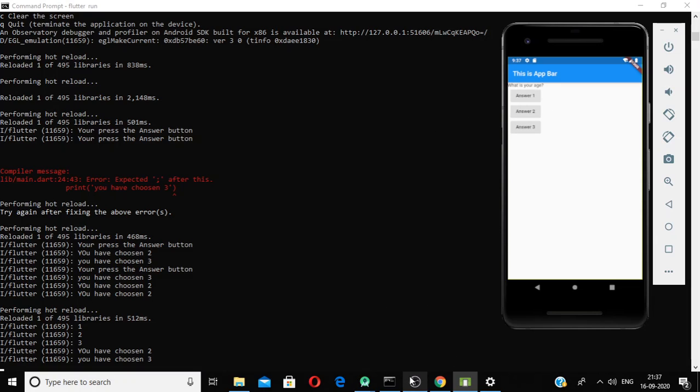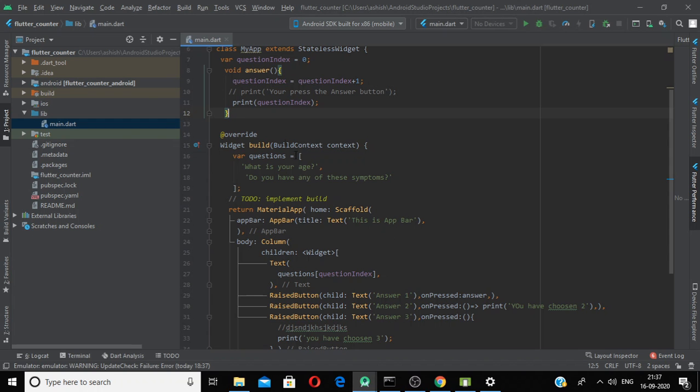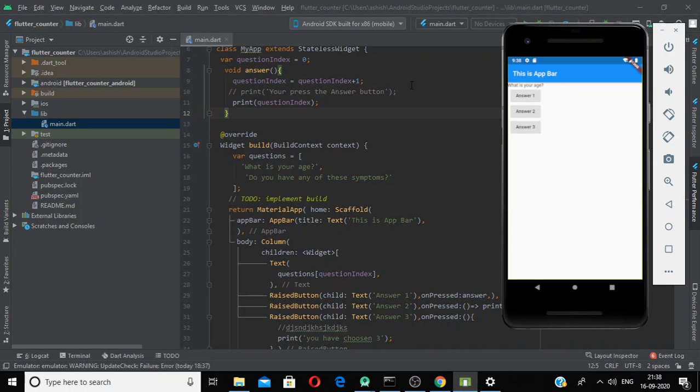So you can see that our question index is getting incremented by 1, but the question displayed on the screen does not change. When we have pressed it once and it is updated by 1, the element at index 1 in the list of questions is, do you have any of these symptoms, but it doesn't display, and the question is the same, what is your age.